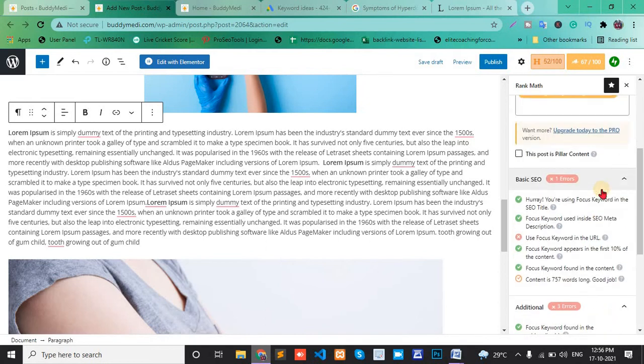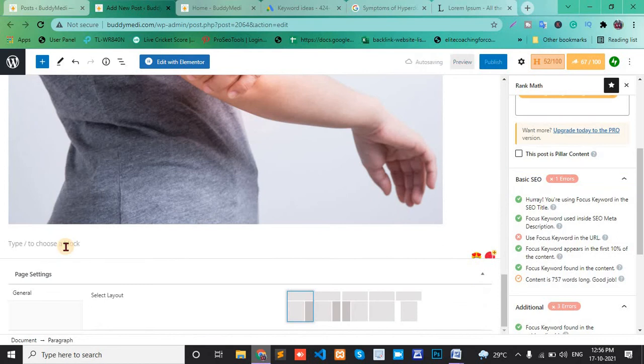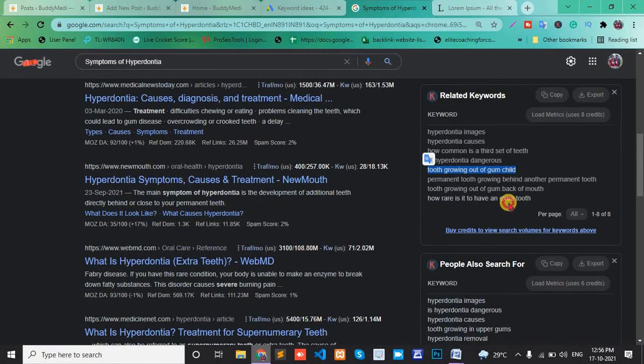Here we discuss the bonus tips for your blog. Here we give you 2 bonus tips: right keyword and hidden keyword. What is right keyword? After the end of your blog, write keyword and copy all keywords here.